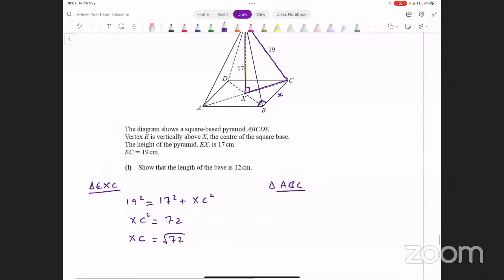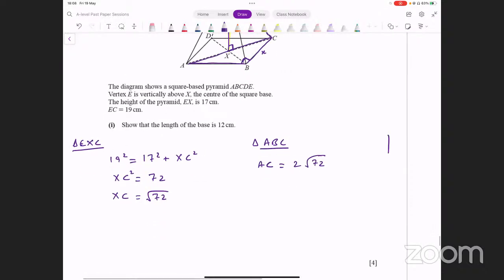ABC, okay. ABC ट्रायंगल आपके पास है, ठीक है। It's a 90 डिग्री triangle। हम क्या करते हैं, AC लेंथ निकाल लेते हैं पहले। AC लेंथ निकाल सकते हैं, AC is just 2 times this, right? So the length AC is 2 into square root of 72. Yeah, basic decimal में लिखना, that's also fine, कोई मसला नहीं है। But that's the length AC, right? It's 2 times XC because X was the midpoint. So ये total length आपके पास 2 into square root of 72 हो जाएगी।